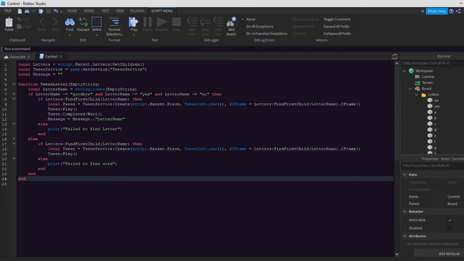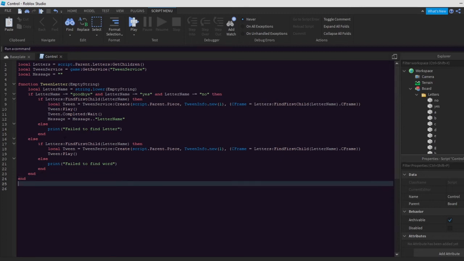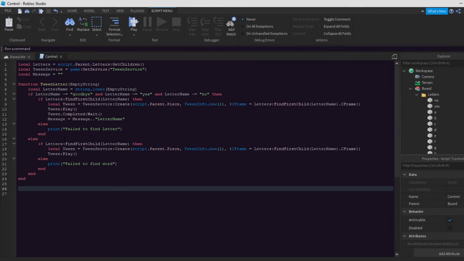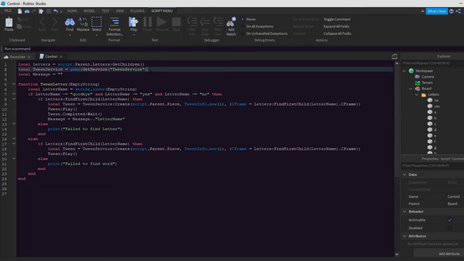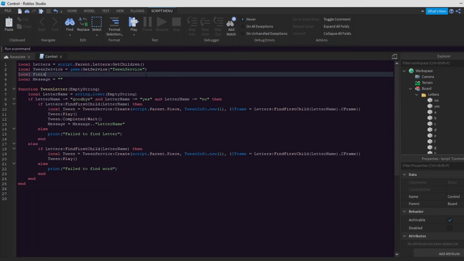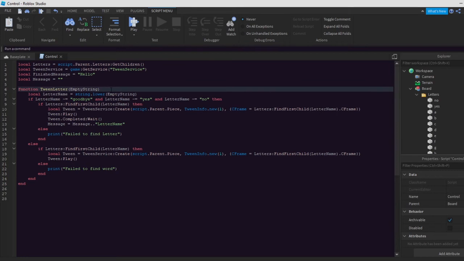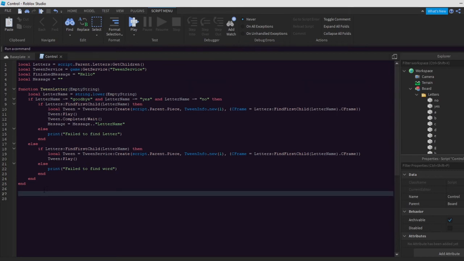And now that we have this function done, we can basically move it. So let's say our string, let's say we want our local finished message to be hello. This would be doing it for each letter we want to happen. So what we want to do is function